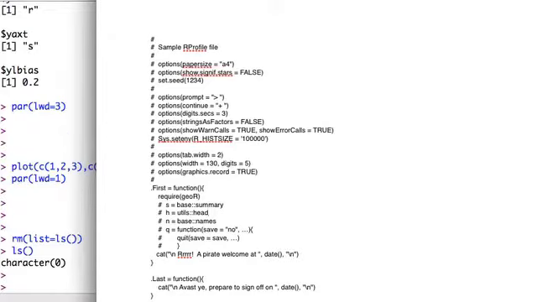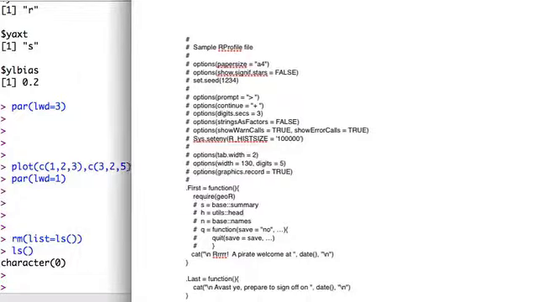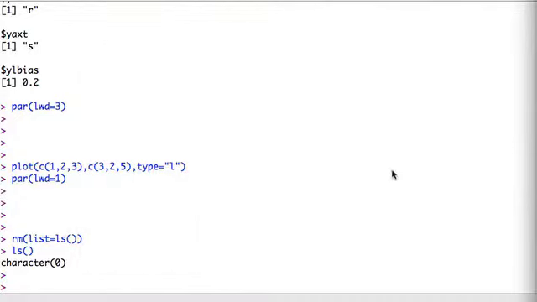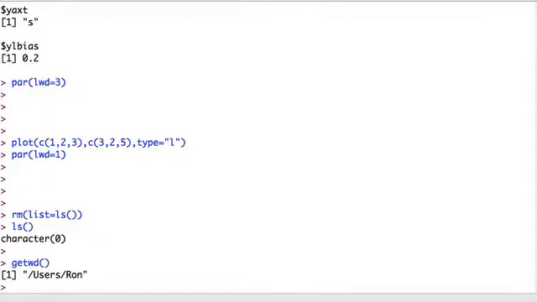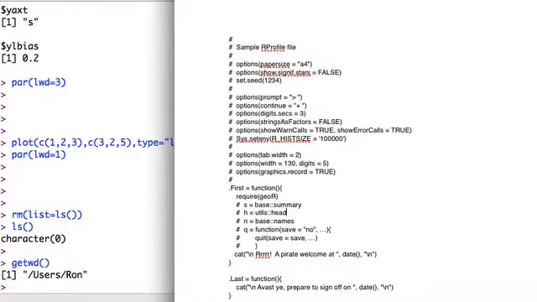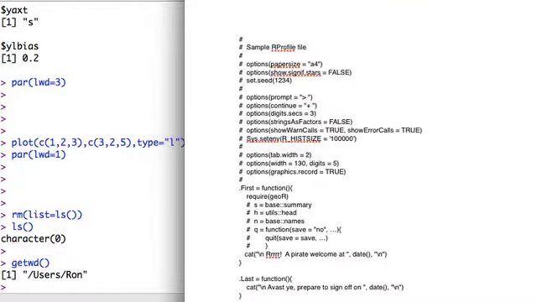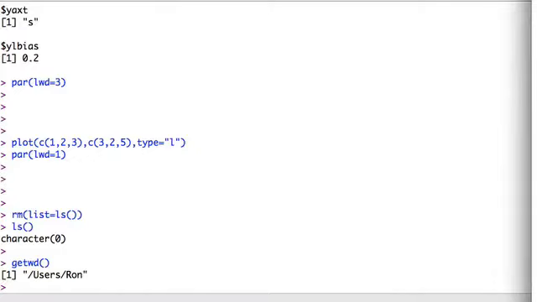I didn't do any par functions here, but okay. And just to show you, on the Mac, things have a spot where they belong. Our working directory, where R looks for things, is going to be the user Ron directory. There it is right there. The truth is, how you get these files is you write them as a text file, save them inside the user Ron directory, and then copy them into a file called